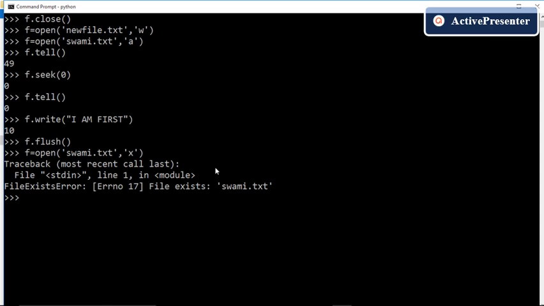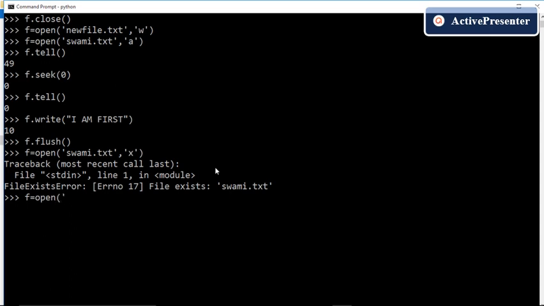If we supply a file name and another file having the same name already exists in the folder, then accidentally that file may get deleted. So X mode is taking care of this issue, this loss of content. And let us try to open a new file which does not exist.